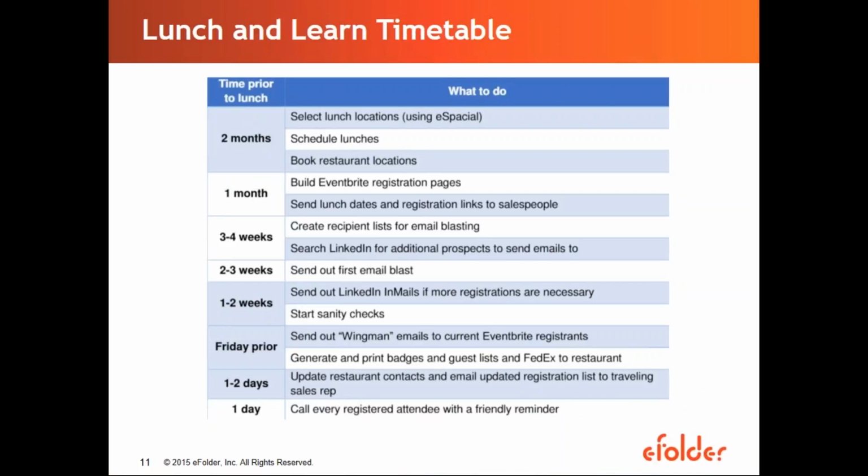All right, so for anyone who's gotten married before, this might look a little familiar, like a pre-wedding checklist, and it's very similar. It's a pre-lunch checklist with things to consider and have, assigning strict time frames to that. So in general, we recommend people starting to plan their lunch about 2 months in advance. But really, you'll be busy assigning tasks and checking off things from that list up until the day before the lunch. At eFolder, I usually organize up to 50 lunches a month and hosted a dozen in addition. So we usually start it much earlier than just 2 months in advance. But if you're hosting just a handful or just 1 or 2 events, 2 months is a solid timeline.